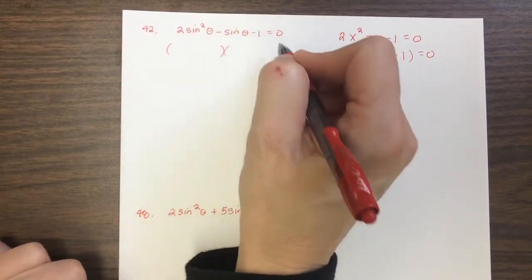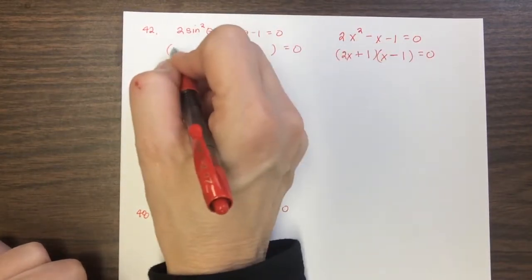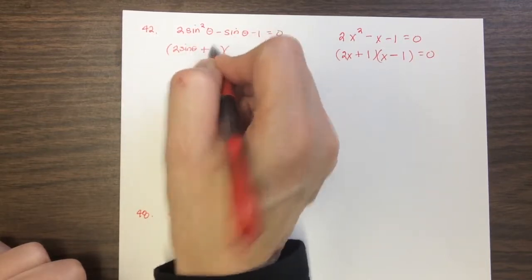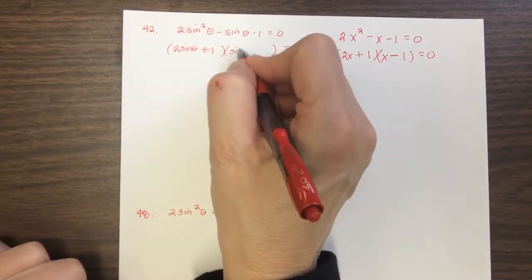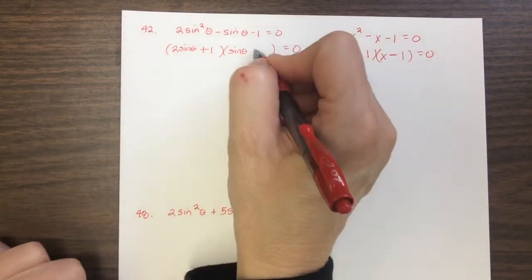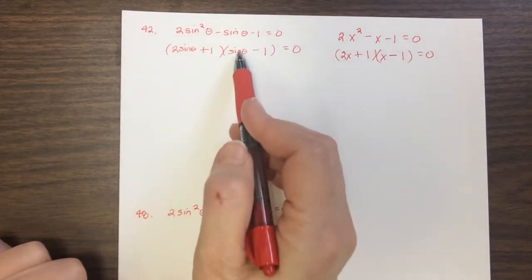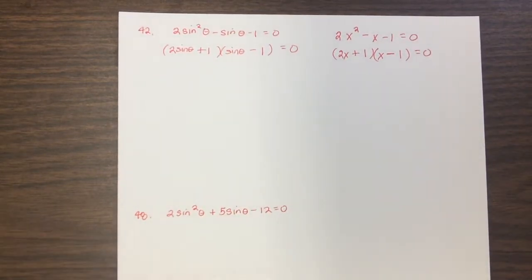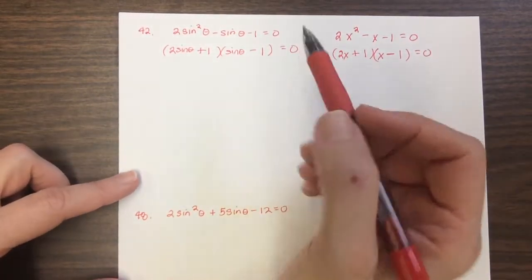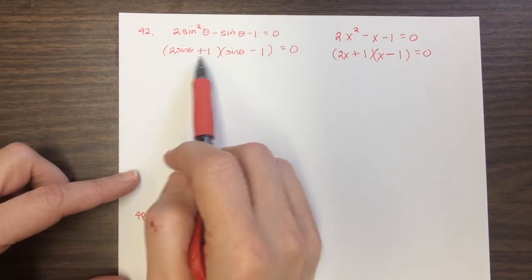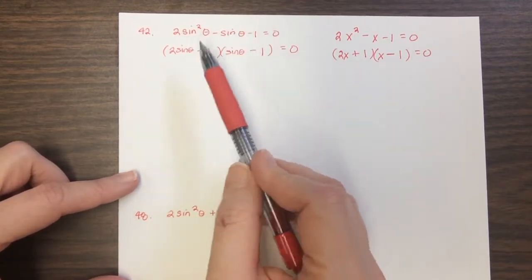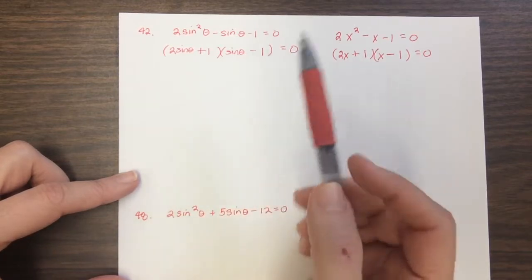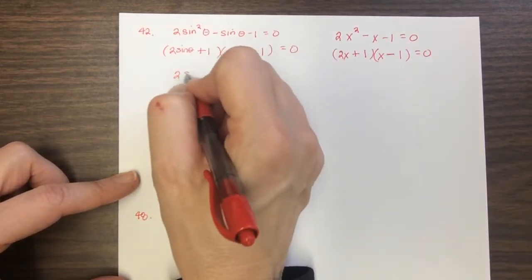So when I factor this, this is going to be 2 times the sine of theta plus 1 times the sine of theta minus 1. And you can check that. Multiply that back out and make sure that you get what you started with. Now I'm applying the zero product property, which tells me that if I'm multiplying to get 0, one of these factors has to be 0. So if I set each factor equal to 0,